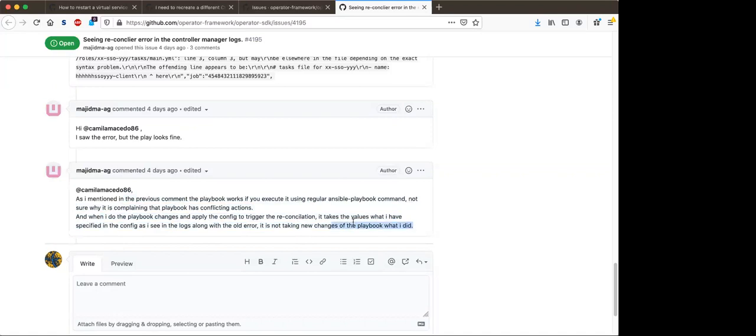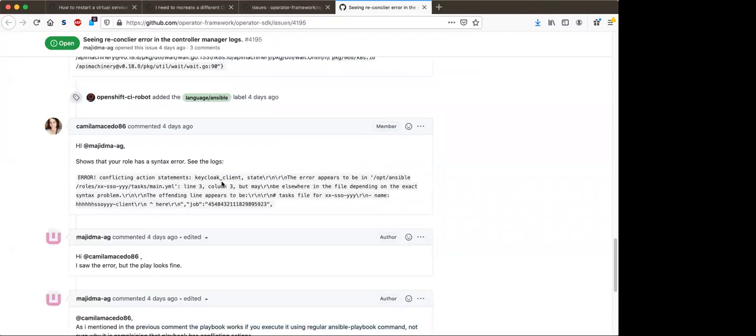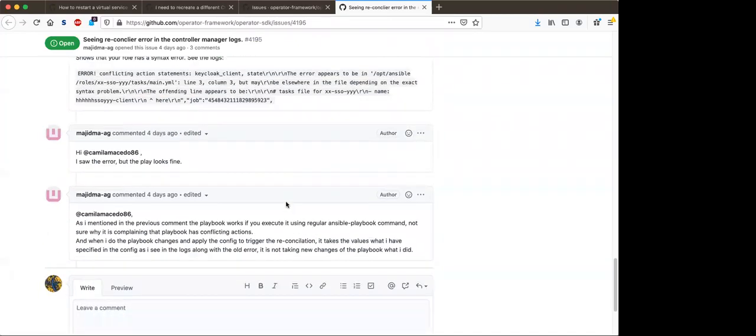In the logs, the error is that the task usage has something wrong in the syntax. So I think the next step is to ask them to share their project, something like that, for you to retry.